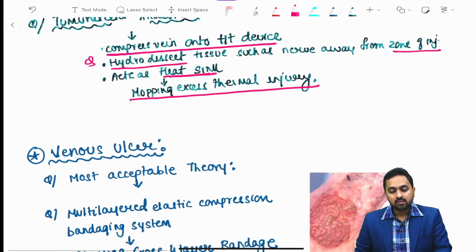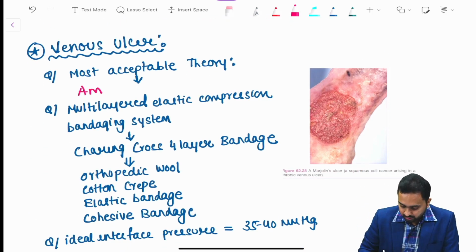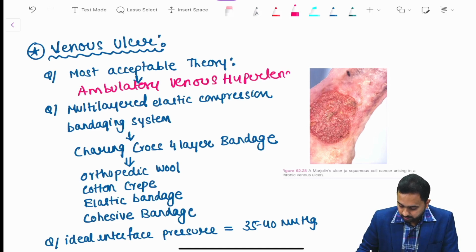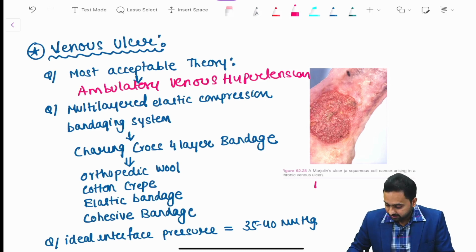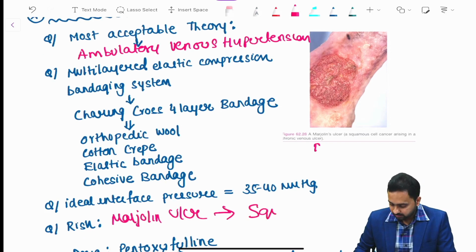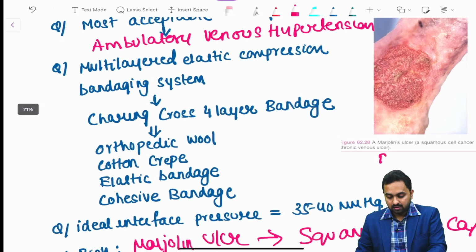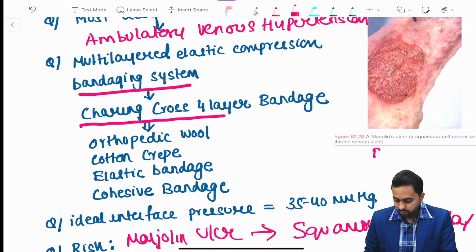Now coming to another important concept in your venous disorder, your venous ulcer. So the most acceptable theory for this is your ambulatory venous hypertension. So you can see over here a marginal ulcer. So basically venous ulcers carry a risk of a Marjolin's ulcer, which is a squamous cell carcinoma. Now the treatment would include your multi-layer elastic compression bandaging system, which is also called your Charing Cross